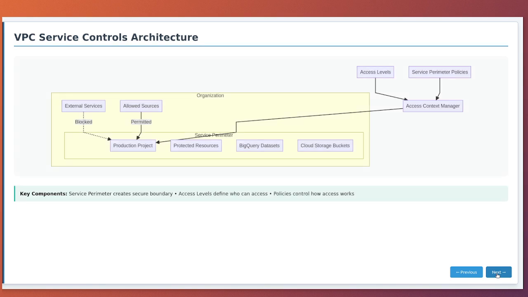VPC service controls architecture. Before we dive into the solution, let's understand how VPC service controls work architecturally. Think of them as creating a secure bubble around your Google Cloud resources. The diagram shows the basic architecture where we have a service perimeter that acts like a firewall for Google Cloud APIs. Inside this perimeter, your resources can communicate freely, but any attempt to access protected services from outside the perimeter